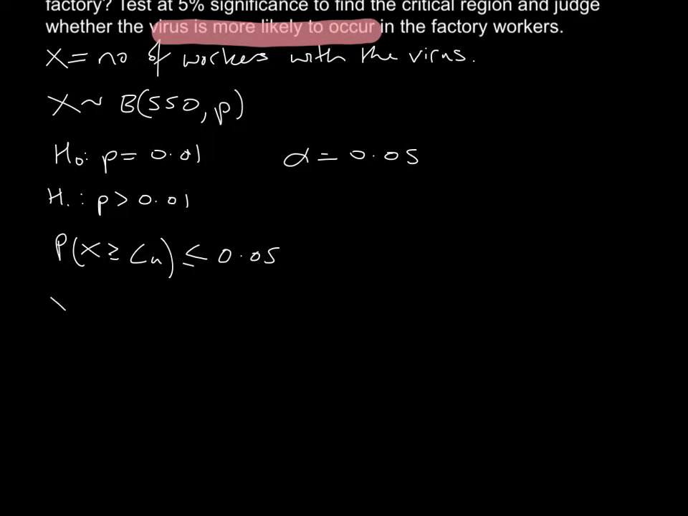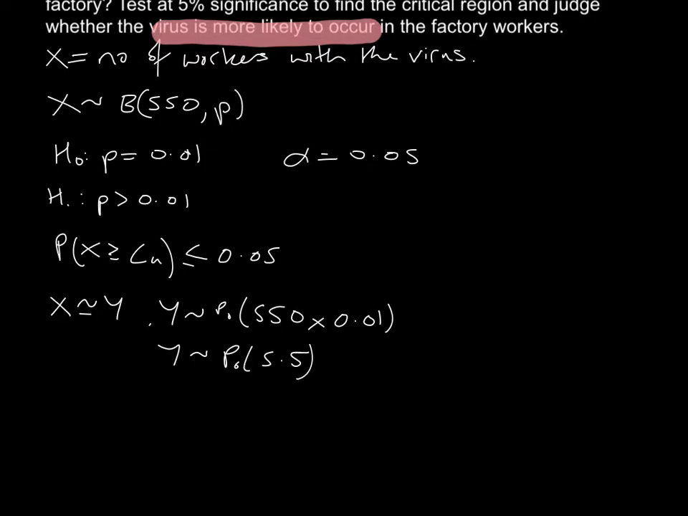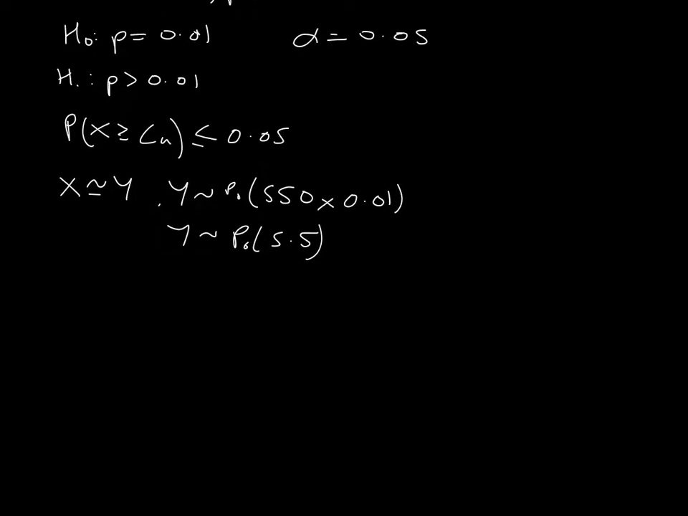So we can say that x is approximately the same as y, where y has a Poisson distribution of n times p, 550 times 0.01. So y has a Poisson distribution of 5.5. And now we can use the tables in order to find that. So I want to find the two values that will give us a probability either side of 5%. So looking at the Poisson distribution tables where lambda is 5.5,